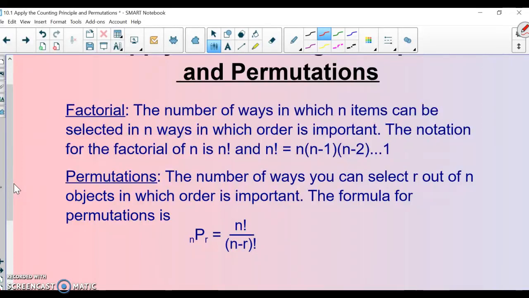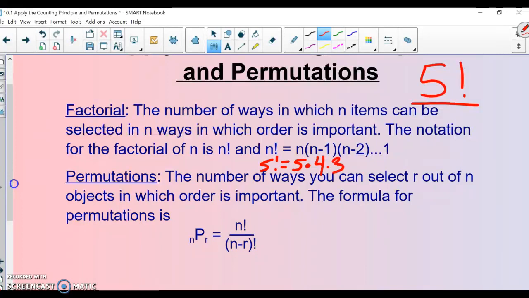The notation that we are going to use to exemplify factorial is going to be an exclamation point. So let's say I have 5 objects, and I want to select all 5 of them. I want to arrange all 5 of them. I want to know how many ways I can do that. The notation we would use would be 5 factorial. And the way that we would calculate that, 5 factorial is equal to, take that number, 5 times n minus 1. So n is 5, so I would take 1 away, 5 times 4,